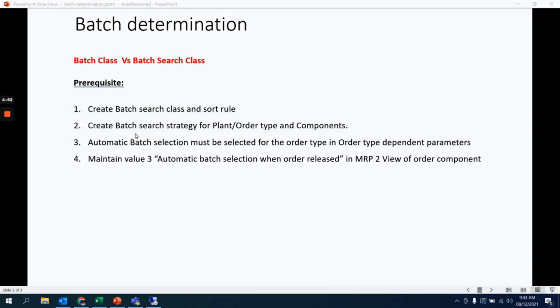Then we also define the batch strategy for the planned order type and component combination. Then we need to do some more additional prerequisite settings. In the order type dependent parameter, we need to define that the batch selection is by means of batch strategy.